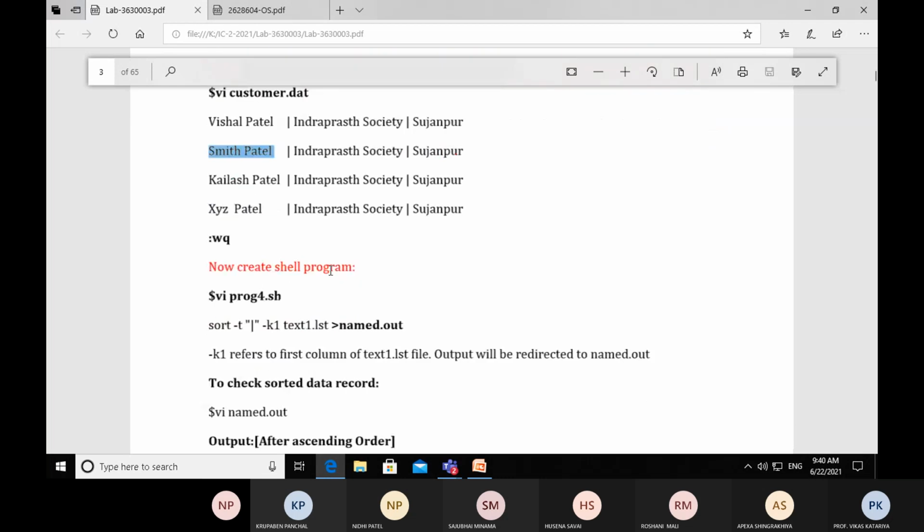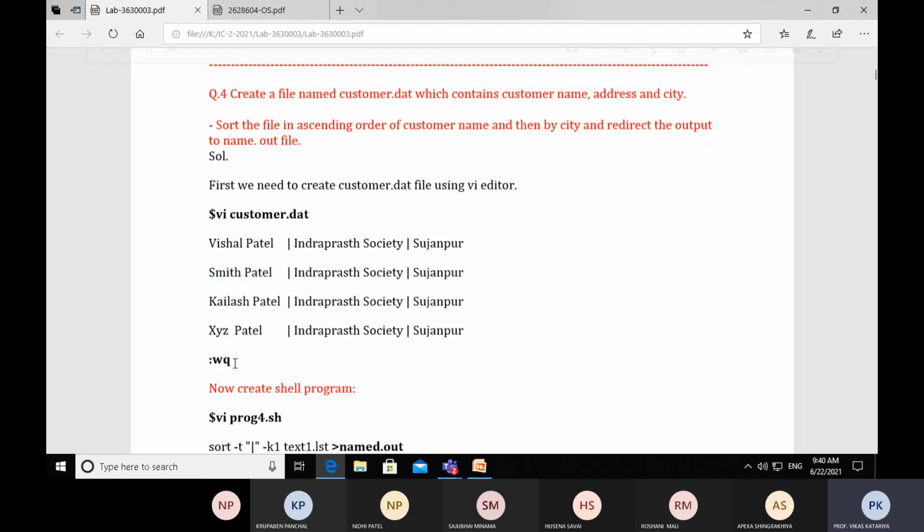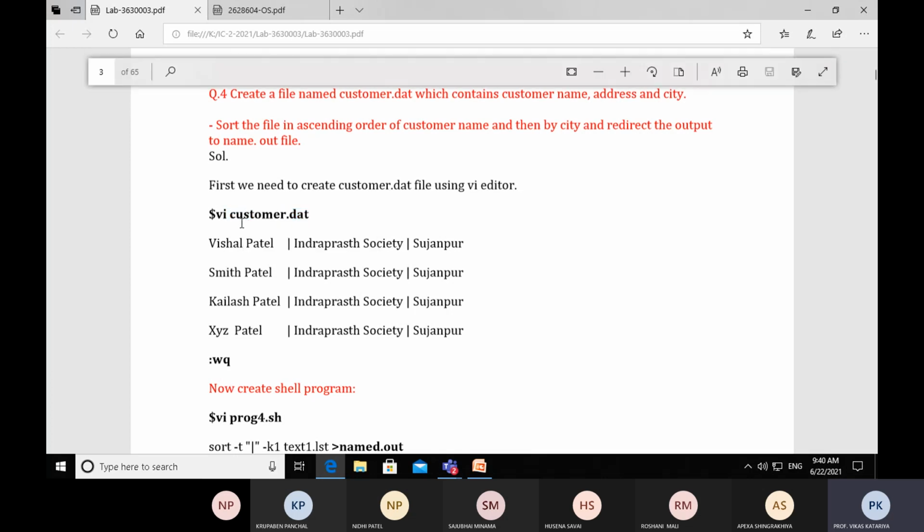After putting the 4 records, you have to save the file: escape, shift colon WQ, and press enter. Your file will be saved and the name of the file will be customer.date, which will be created in your current working directory.